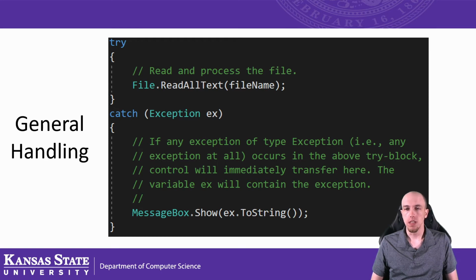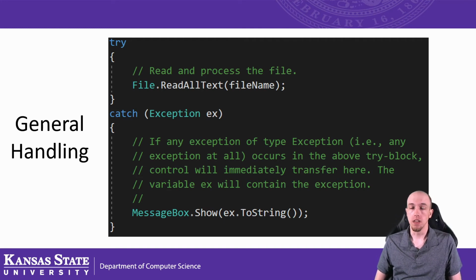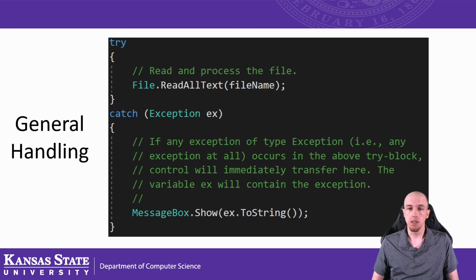It's important to note that you should be careful what code you actually put inside of the catch block, because if you put anything in the catch block that might throw an exception, it won't be caught unless you wrap that code in a try catch clause as well. Now, a try catch statement may also include a finally clause. That is, generally speaking, always executed after the try block has finished or the catch block has finished handling the exception. We won't need to use the finally clause in today's lab, but it's definitely something that is very useful in practice.